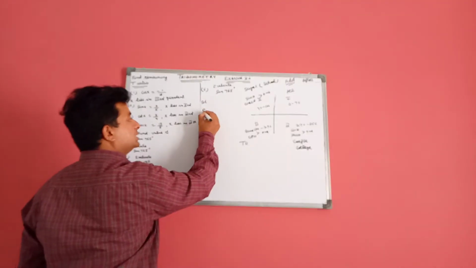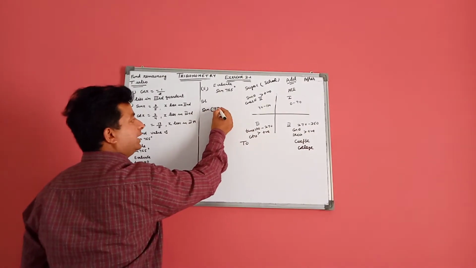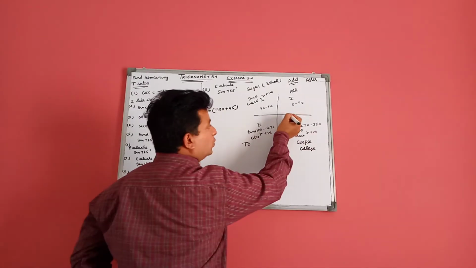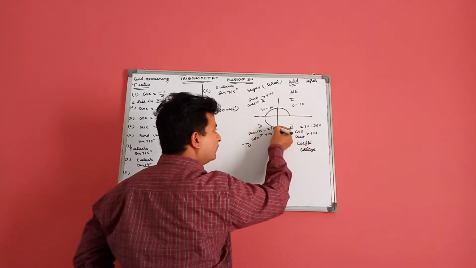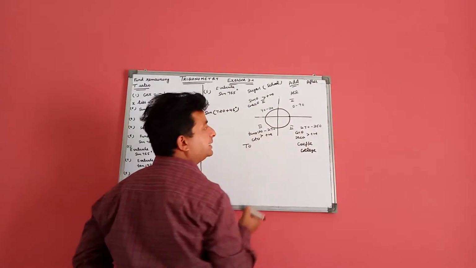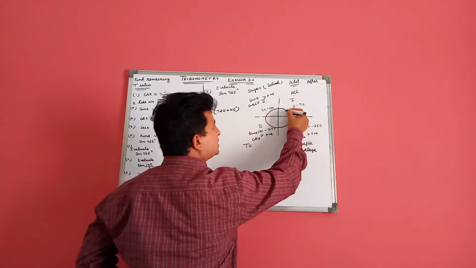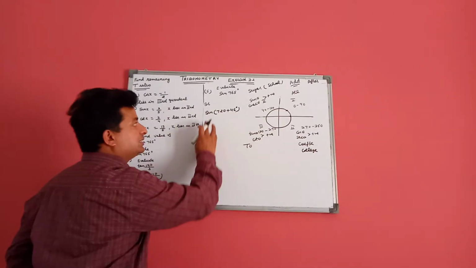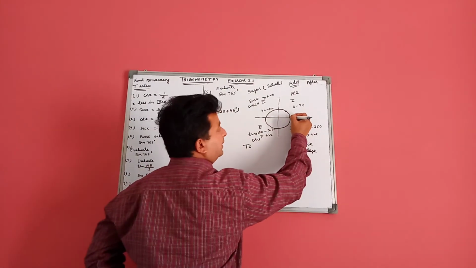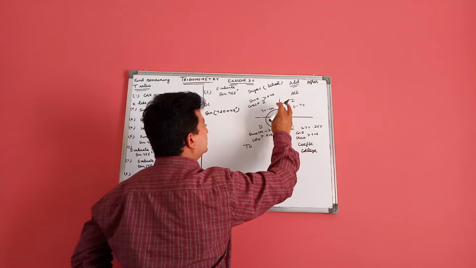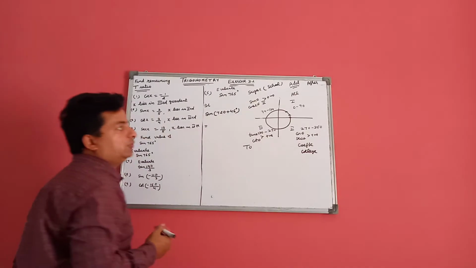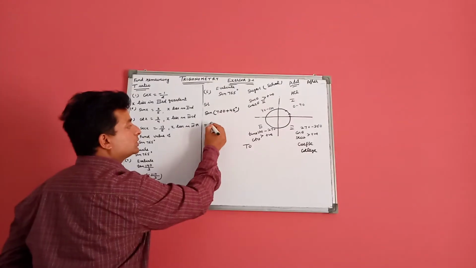In the question sine 765, we write it as 720 plus 45. As we know, there is a full circle of 360. After this, another full circle of 360, that is 720. 720 plus 45 means this value lies in the first quadrant. In the first quadrant, there is no change of T ratio because there is a horizontal line. And in the first quadrant, all the T ratios are positive.